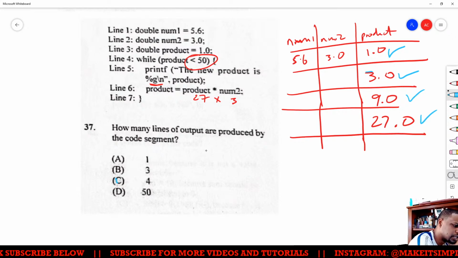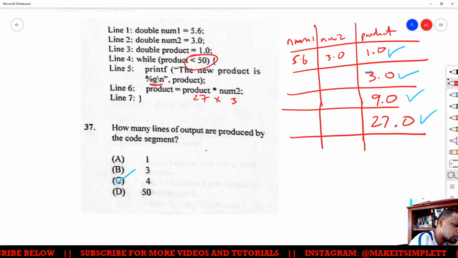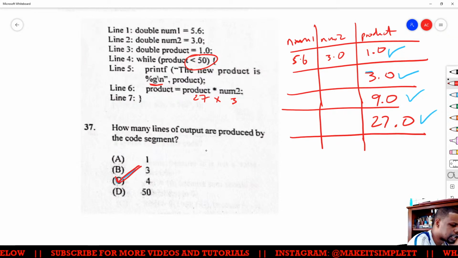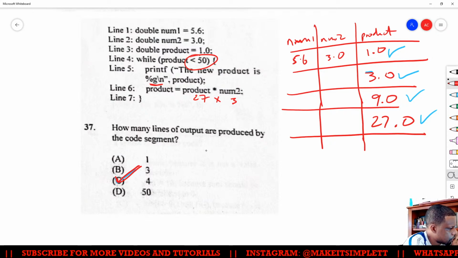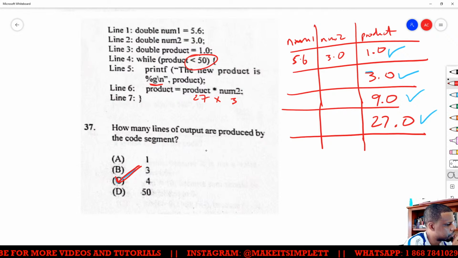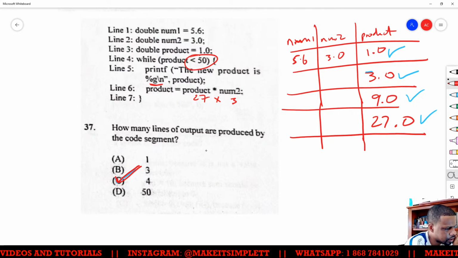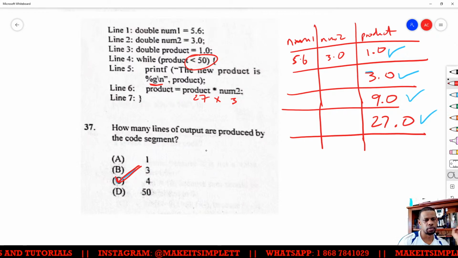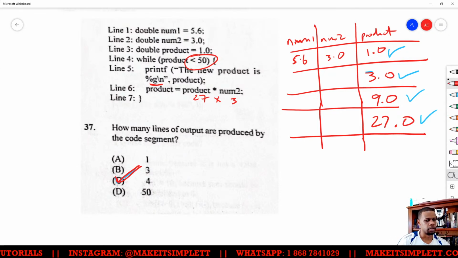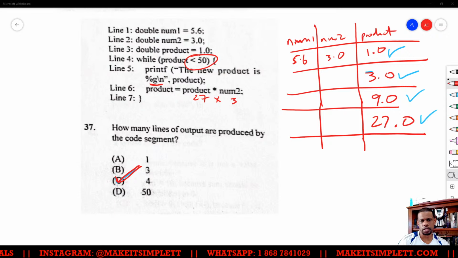So the answer will be C. I hope. I'm going to double check that. It's kind of sketchy. It will print product is 1, multiply. Printing product is 3, multiply. Printing product is 9, multiply. Printing product is 27. Yeah, good. Yeah, 4 times. So number 37. Yeah, that'll be that. Next question is